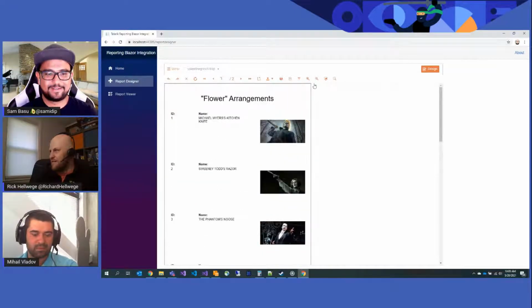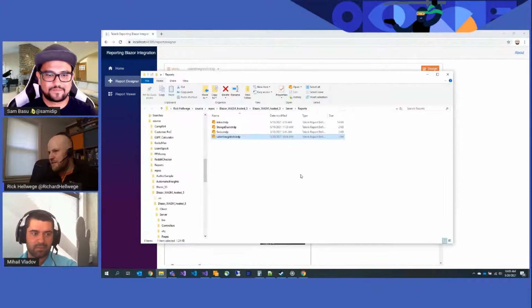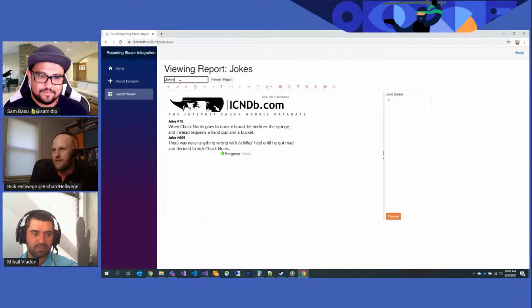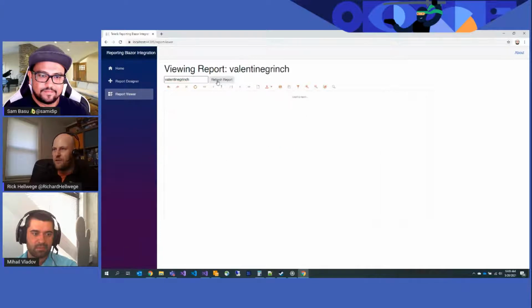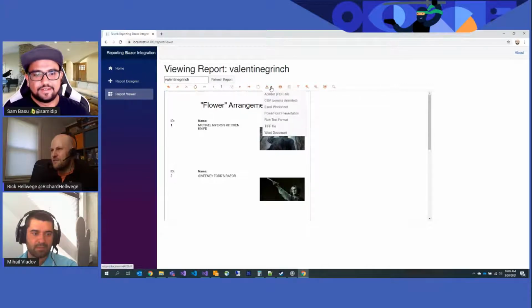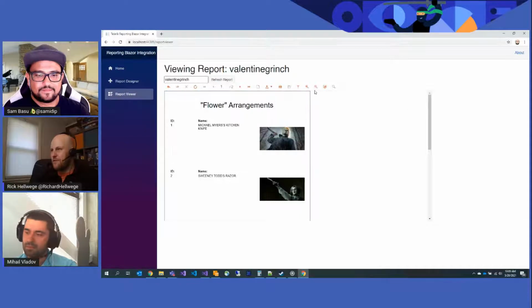And we also have, in the same folder, in the same application, the report viewer built in with the report selector. So you can just put in the name of the report and hit refresh, and this will load the report, and this would be what it would look like for the end user. And from here, you could export it to PDF or any of the rendering formats. If we quickly do a PDF export and let it download.